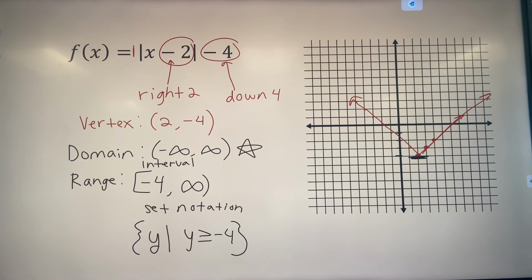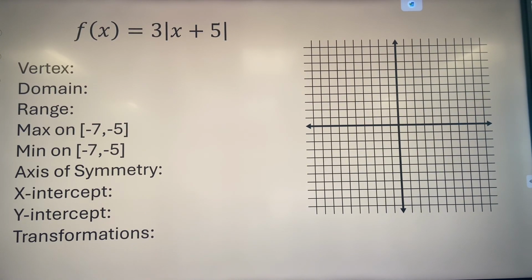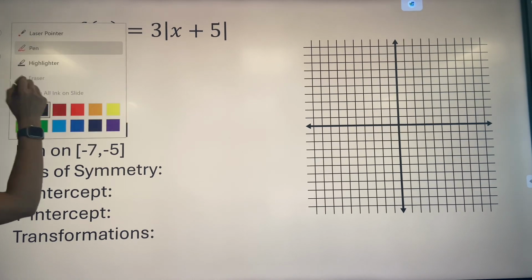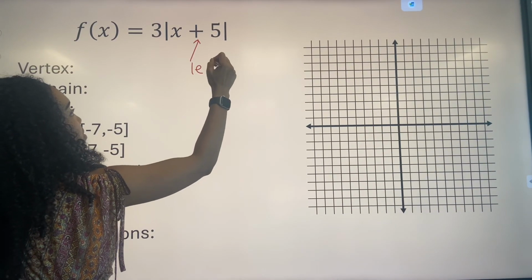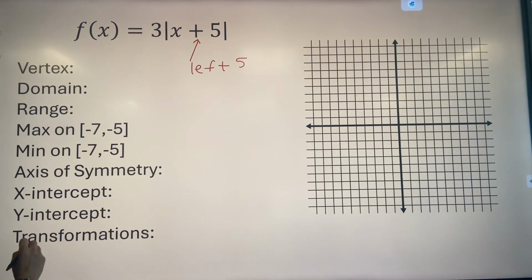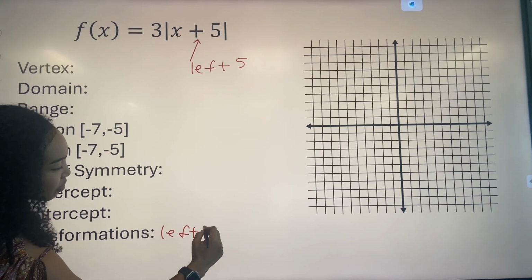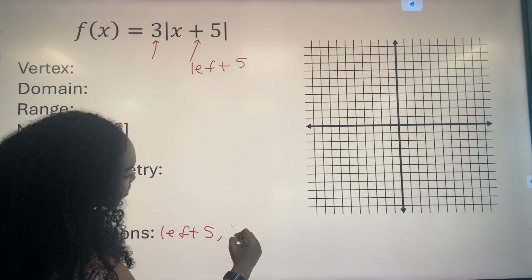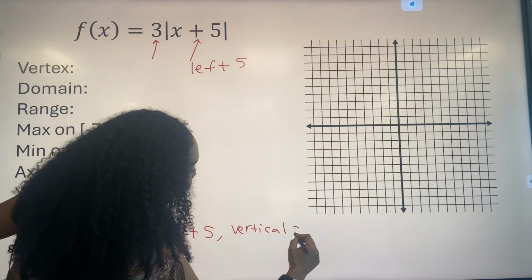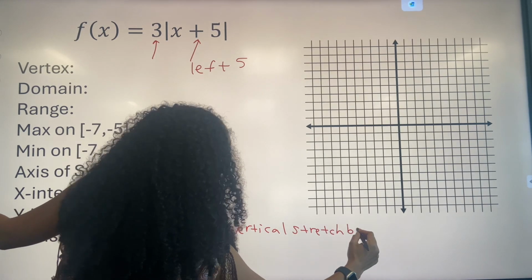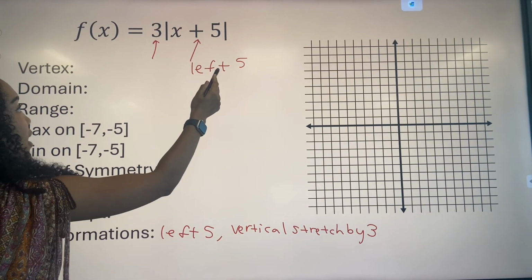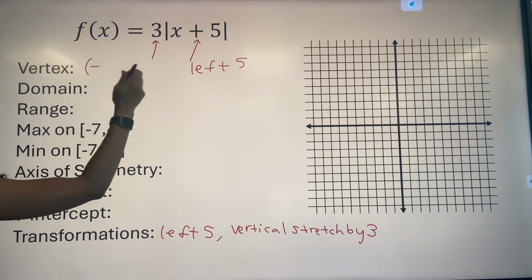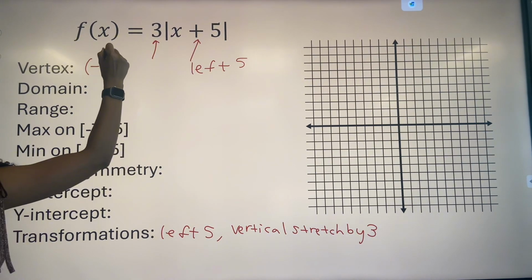Okay? All right, let's try another one. We're going to do number 2 next. So number 2, and we're going to talk about all of these things with this example. This went left 5. I'll write it for transformations. It went left 5, and it did a vertical what? Stretch. Yep, a vertical stretch by 3. Okay, so guys, if it went left 3, my vertex will be a negative, it went left 5,